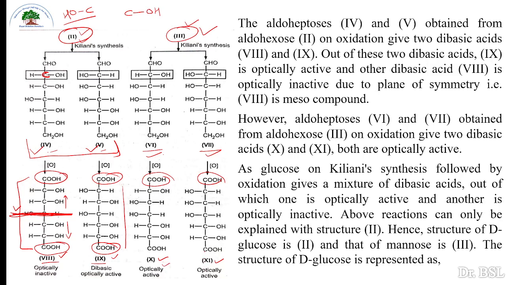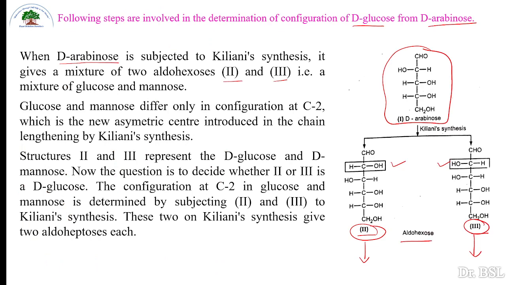As glucose on Kiliani synthesis followed by oxidation gives a mixture of dibasic acids, out of which one is optically active and another is optically inactive, we can conclude that the structure of glucose is the one we come from second. So the structure will be the second one and not the third, because